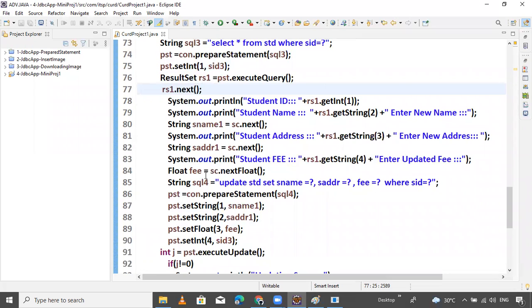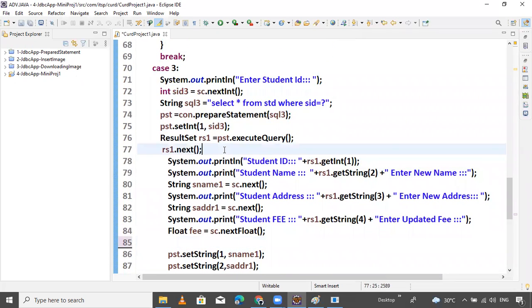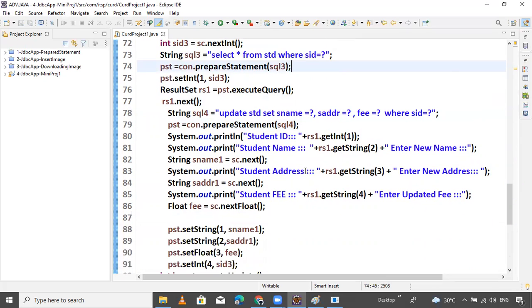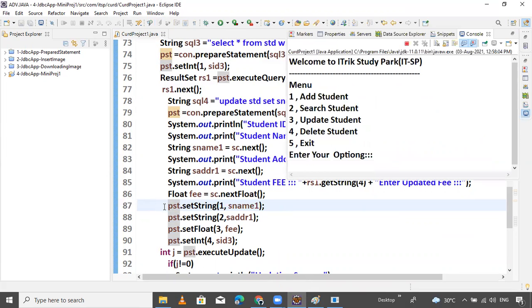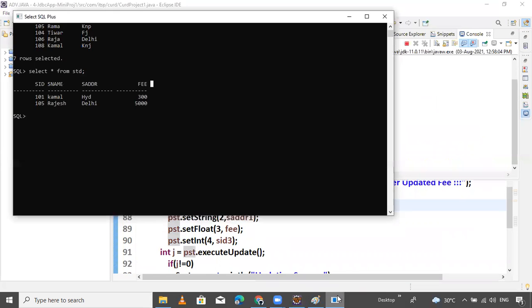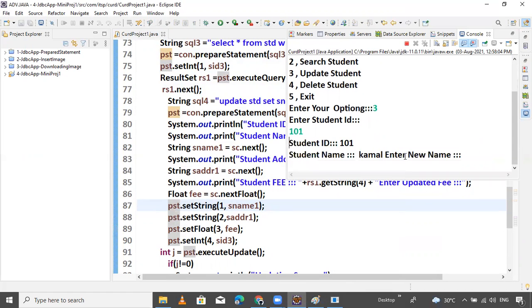Now copy this. Let's see the data model. Control F11, press again. Third, I want to see what the records are inside the database. 101 is there. Kamal is there.